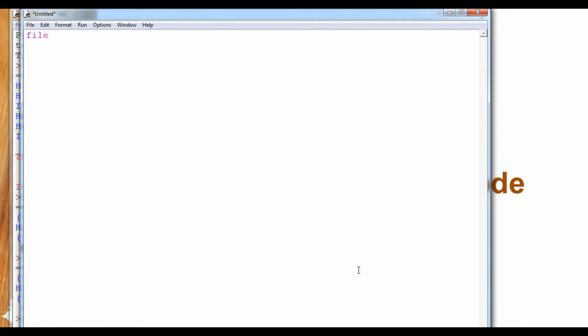So simply file equals open, and here I am going to create a file named a.txt, in write mode, and then file.write "hello", and then file.close.